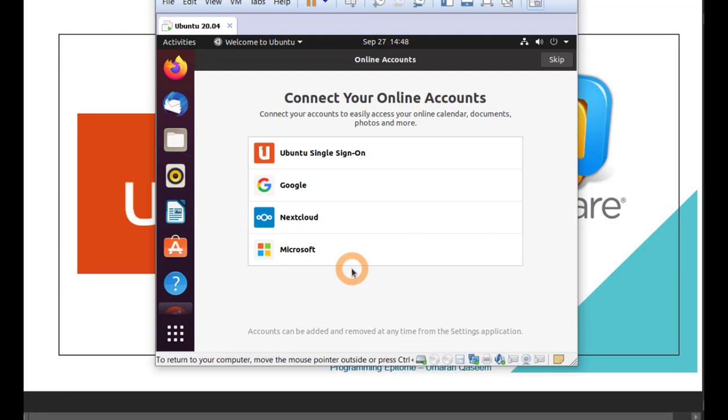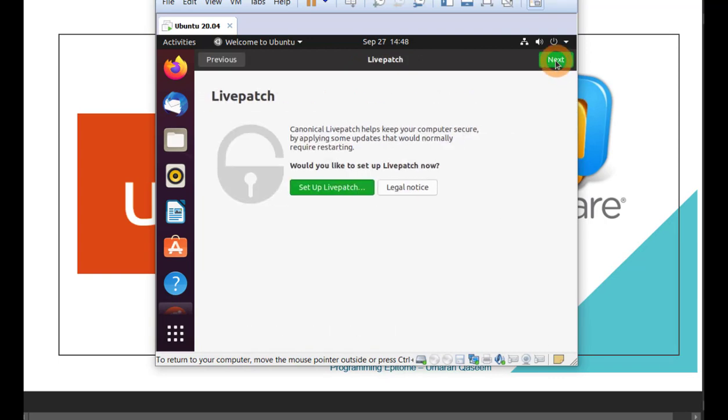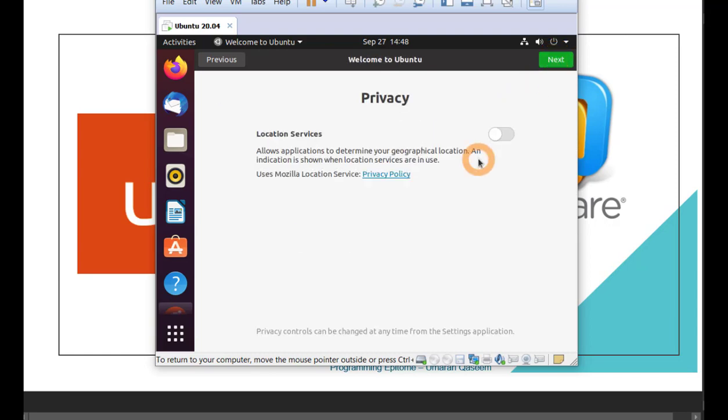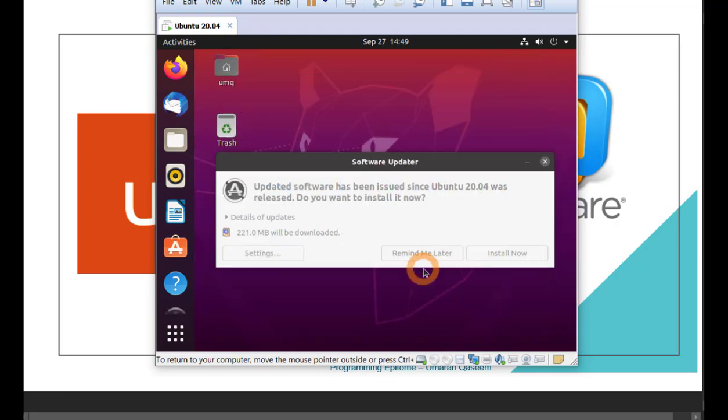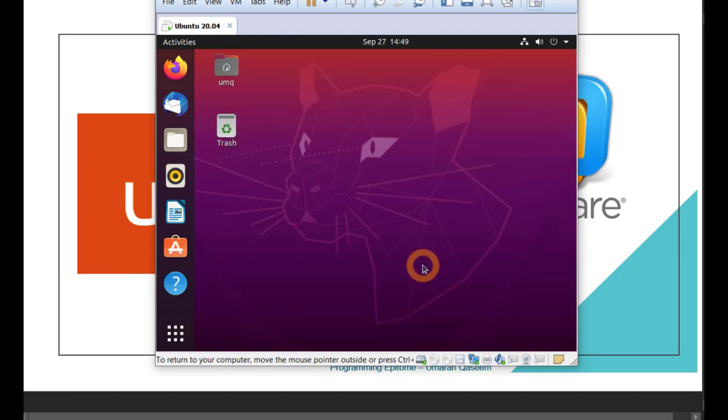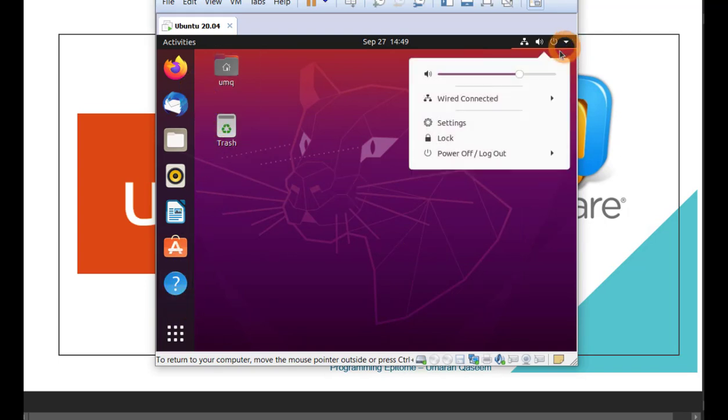Once you install Ubuntu, you will see these options at the start on your first sign in. So if you wanna make some account or connect your online accounts here, you can do that. If you don't want to do that, you can just skip. You can set these things up your way. Alright, first of all, let's go to the settings